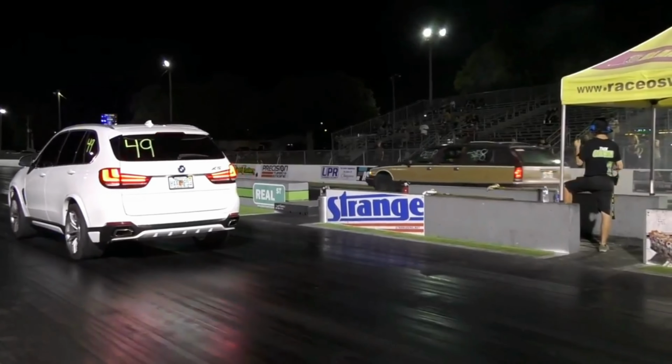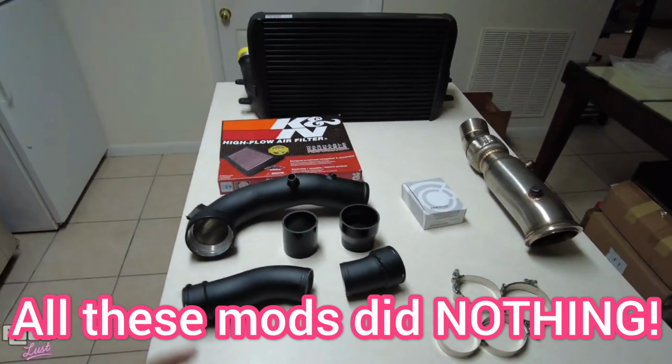Why is my BMW X5 so slow? Full kit, and with this full kit I have here going on the car,